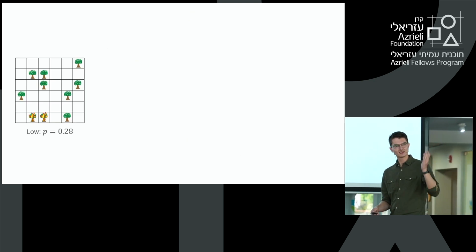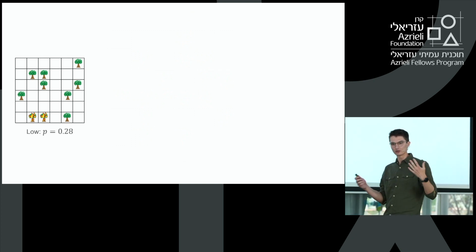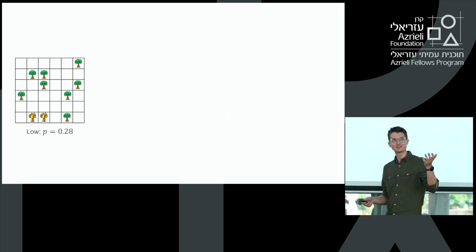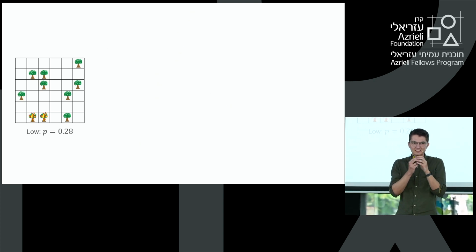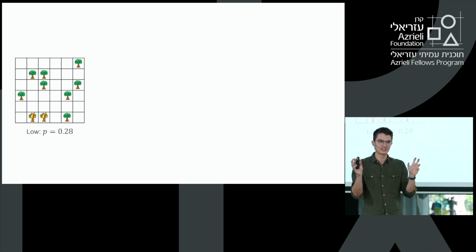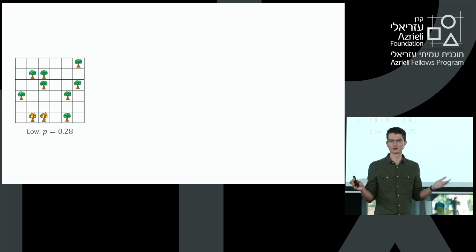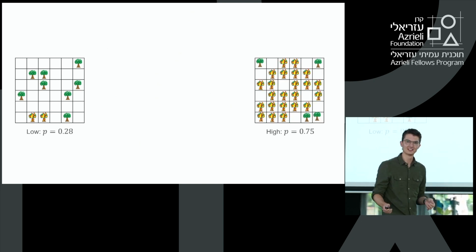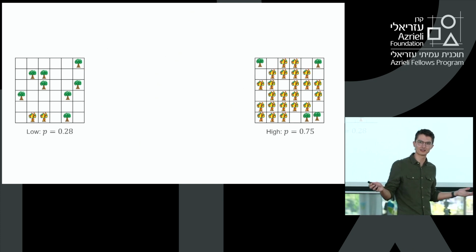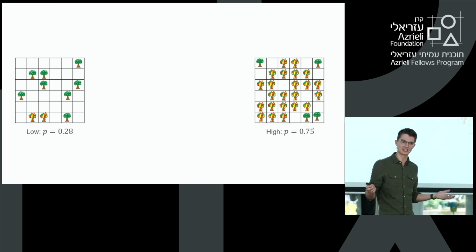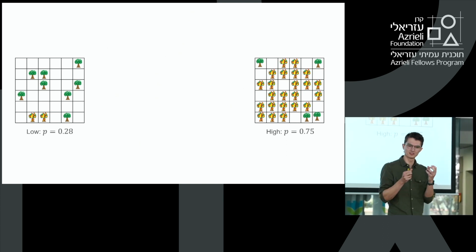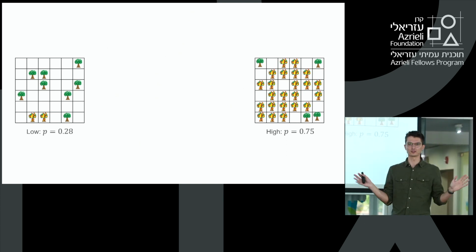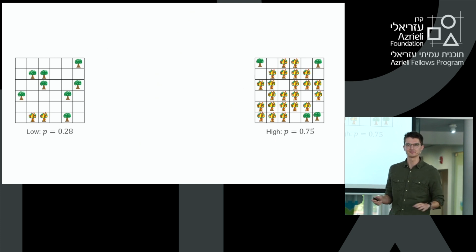And if we take a low probability, so I haven't got very many trees, you can see the fire is not really going to spread. The trees are in these isolated clusters, the forest is not really connected together, so the whole thing's not going to burn down. If, on the other hand, we have a very high value of P, we have loads of trees everywhere, almost all of them are in one big cluster, so when I make a little fire at the bottom, the whole forest is going to burn down.